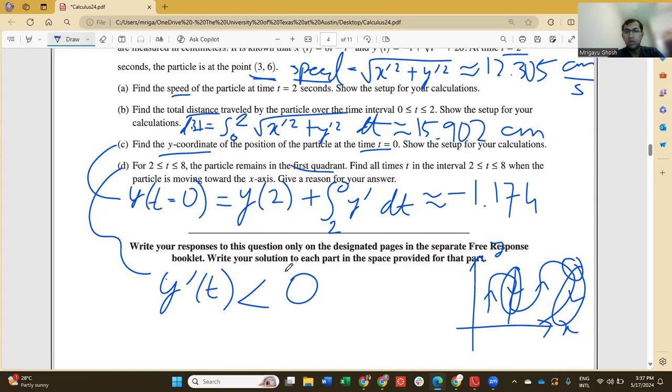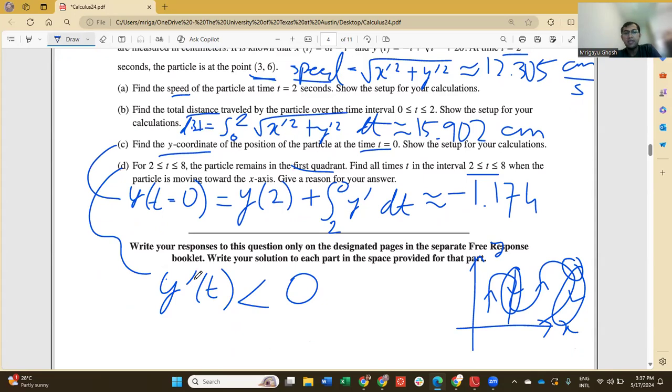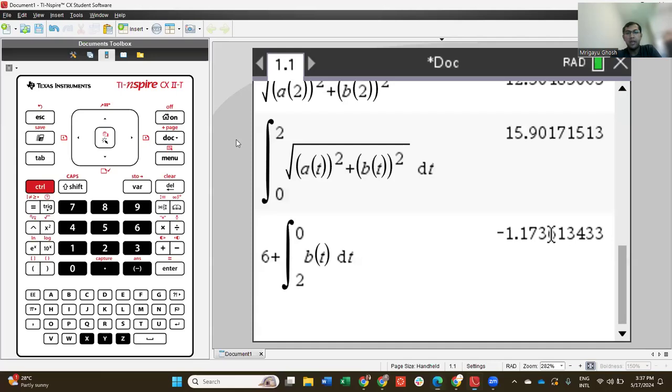Okay, and we want to find all times in this interval between 2 and 8 when it's moving towards. So in other words, we just have to solve y prime of t is less than 0. This is something I would graph. So this is the reason for my answer. And then the way I would do this is just go to graph and,